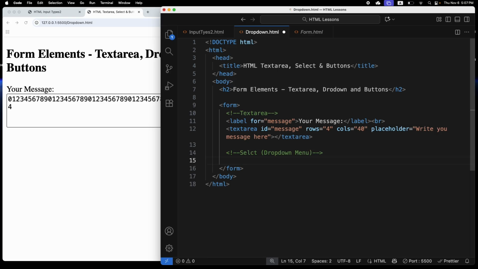So first of all, let's create a label for our select. I'm gonna set the label to "Select your country:", and I'm gonna set the for attribute to country, for example, and also